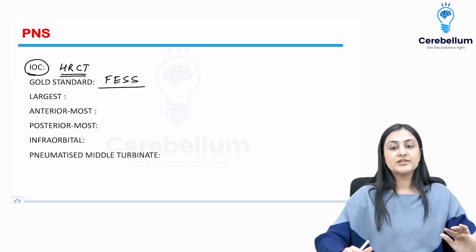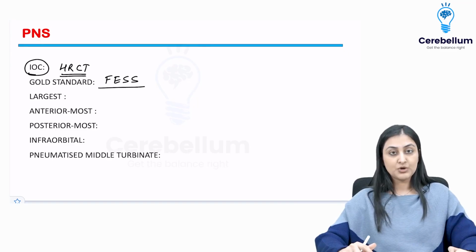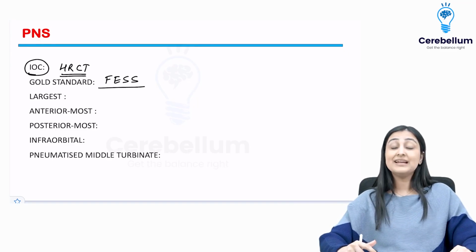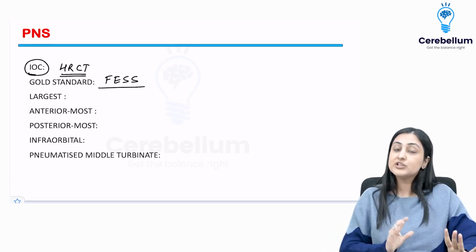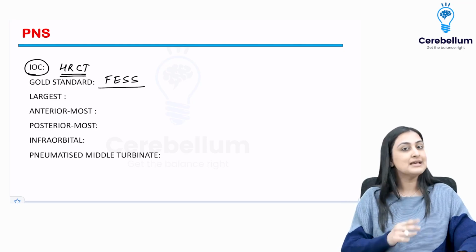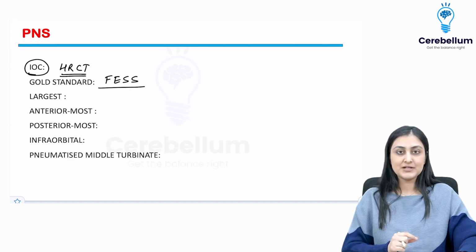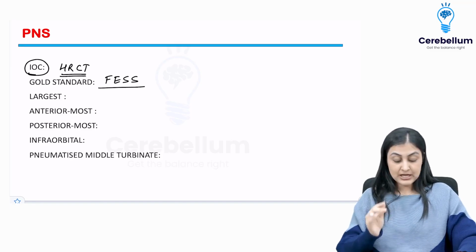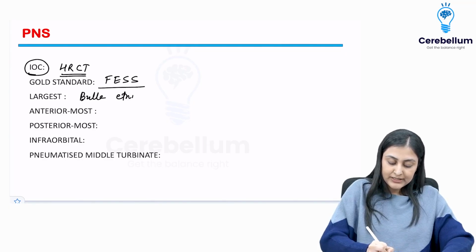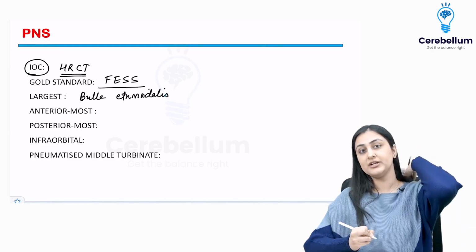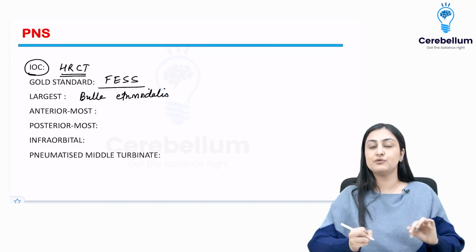Now a few pointers that you want to remember here about the anatomy. So you do get integrated anatomy radiology questions here. So I've just compiled all of the names of the ethmoidal cells and then we shall be looking at them. That is where you get a lot of questions from. So the largest ethmoidal air cell that we have is bulla ethmoidalis. Okay, so bulla ethmoidalis is the largest ethmoidal air cell that we have, and in fact it forms a part